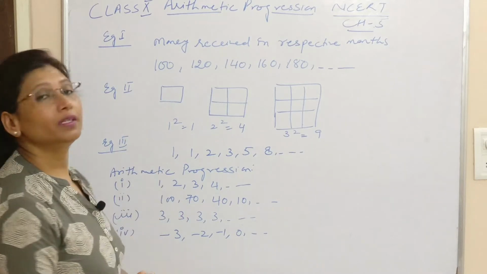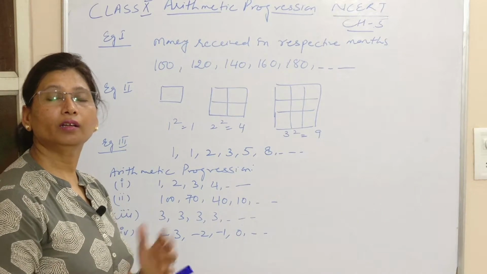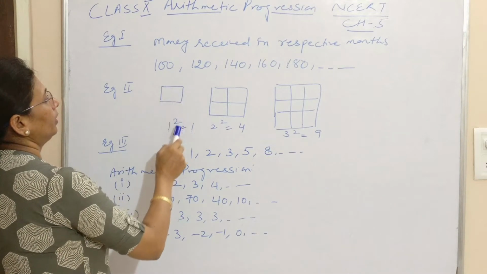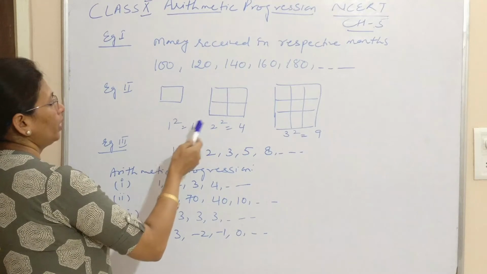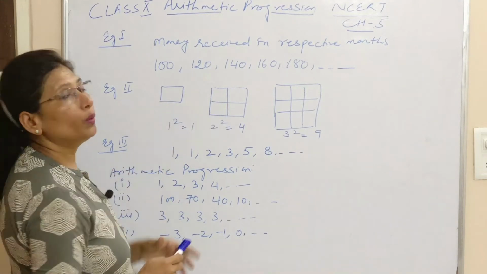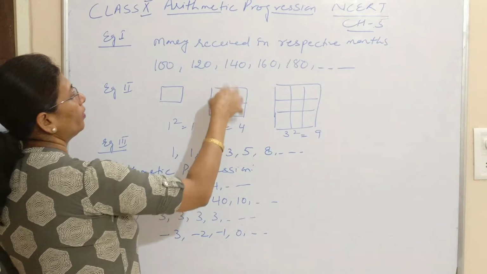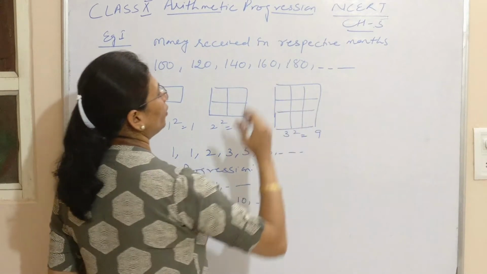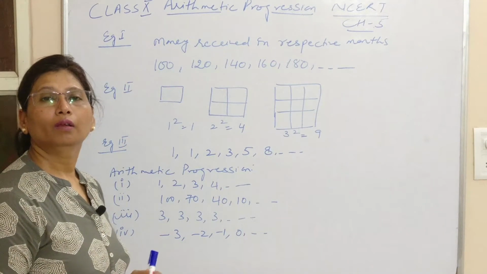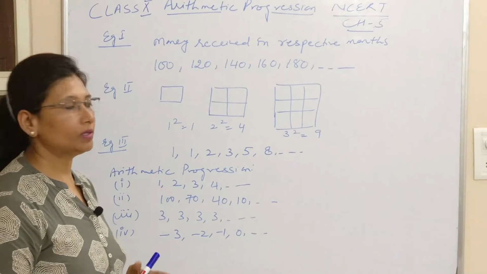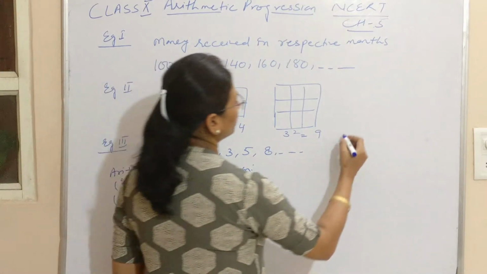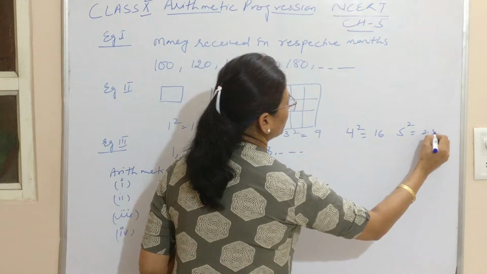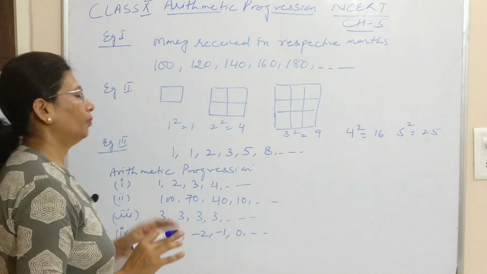As far as the second example is concerned, here I am writing the number of squares. When we have one square, this is one square. Here we are dividing a square into 4 squares, so basically 2 squared is equal to 4. The same way we have divided a square of 3 by 3 into 9 squares. If you continue with the same pattern, the next is going to be 5 squared, and this way it will keep continuing.